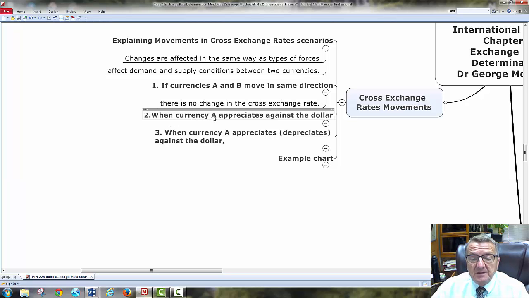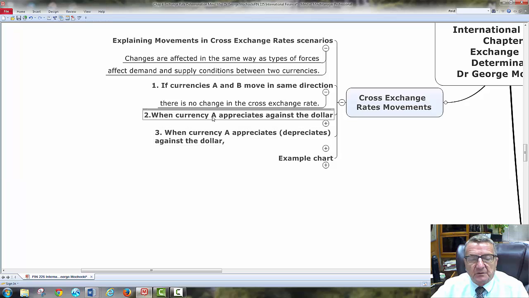When currency A appreciates against the dollar, so let's say this is the pound against the dollar. Maybe I could put that one. They do A and B, so I don't want everyone to think it's only the European Union. It could be the Japanese yen or the yuan from China. You know what I mean? Or the ruble or the zloty, or the mark or the baht. So it doesn't make a difference. What currency am I looking at? We're going to later on talk about the global effect economically, but I'm only dealing with this one country or several countries